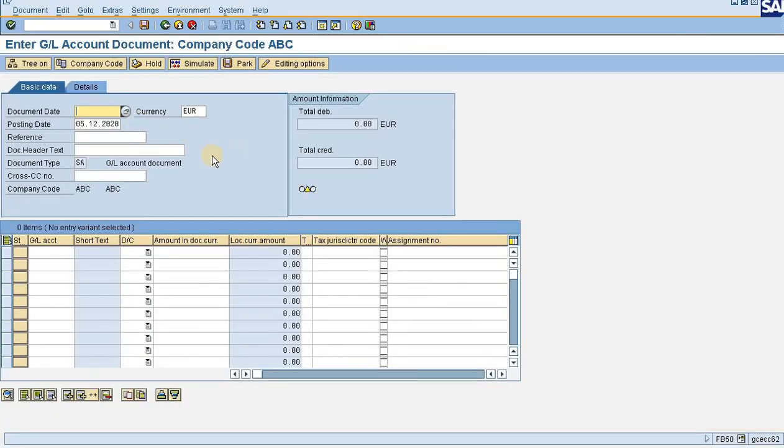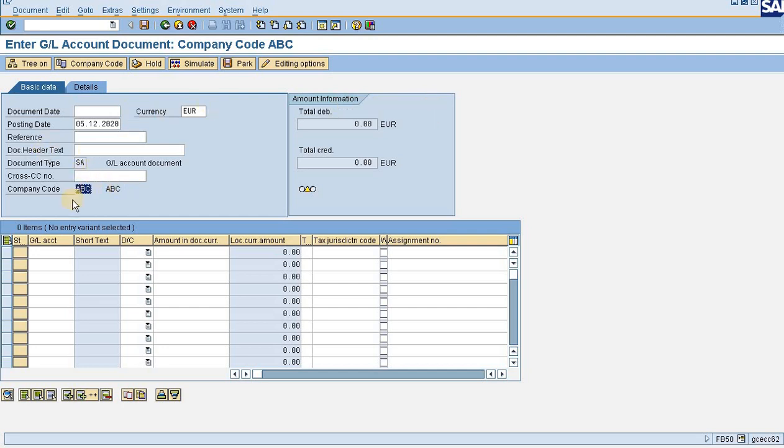So going to AB50, see here the company code is ABC. I will not change it, I will post in the books of ABC company code only. I need not post both the entries in both the company codes. That's the funda, that's the configuration. The configuration will do the entry in the background. The configuration would be posting the clearing entries in the background, and those are cross company code documents.